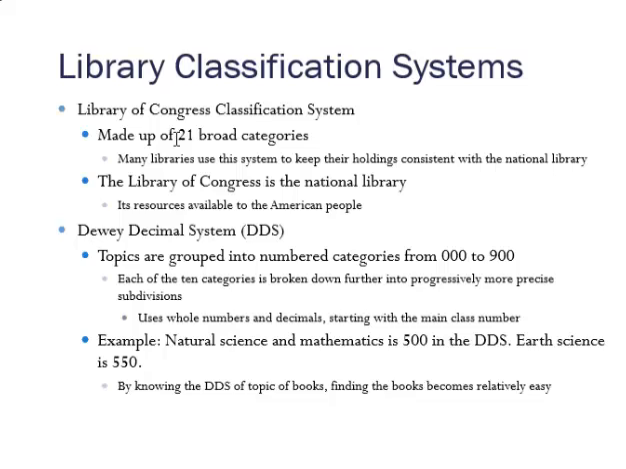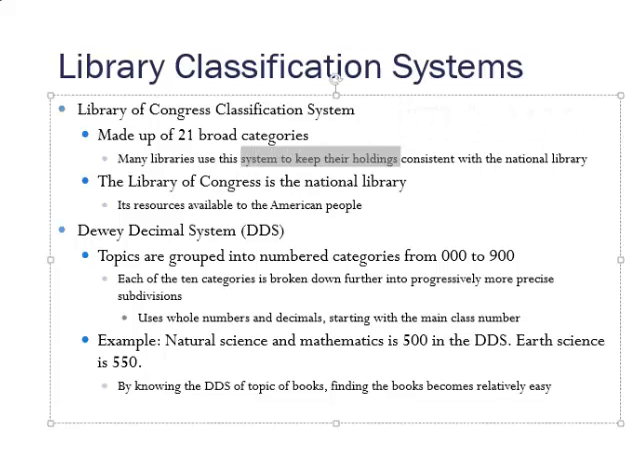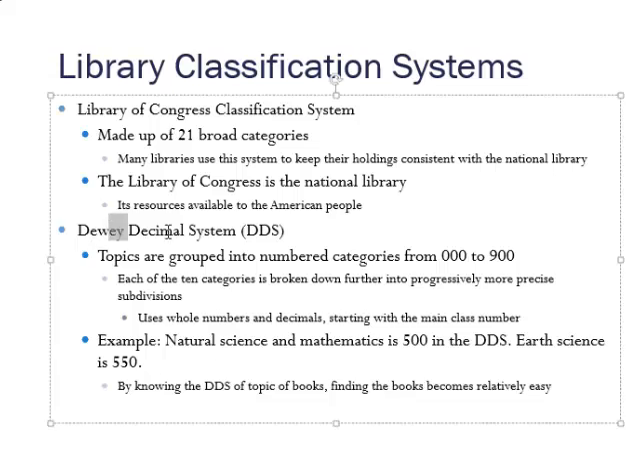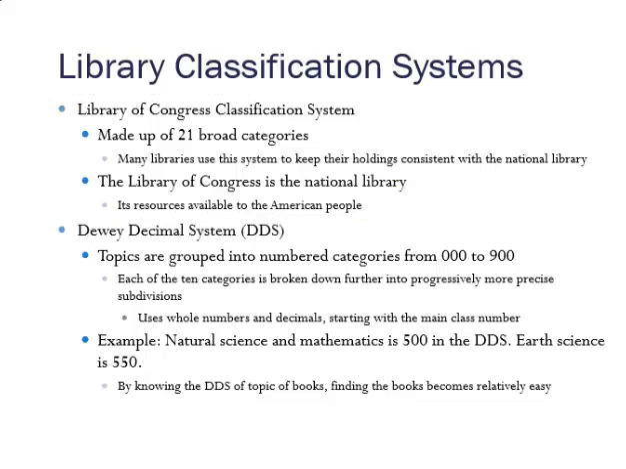It's made up of 21 broad categories, things like natural sciences, mathematics, history, whatever. Many libraries use this system to try to make sure that it's consistent with the National Library. And library classifications are very often done through the DDS, or the Dewey Decimal System. And that is that the topics themselves, those 21 topics that we saw before, are numbered from 0 essentially to